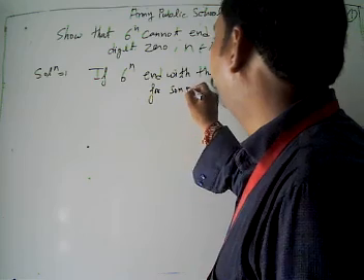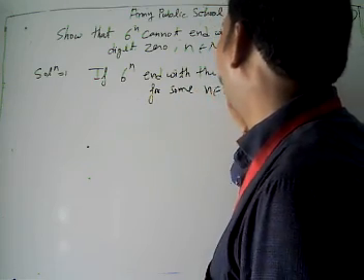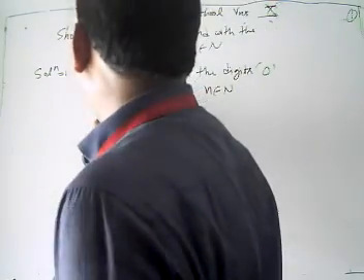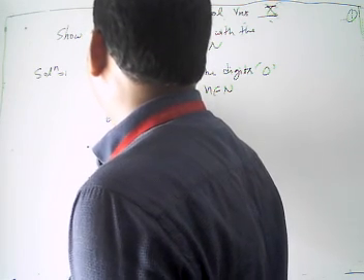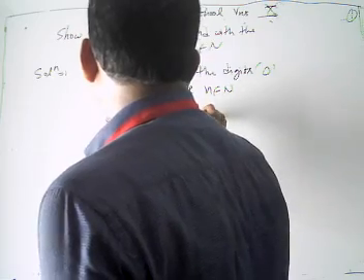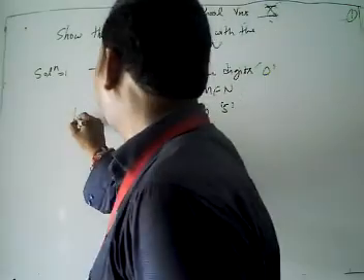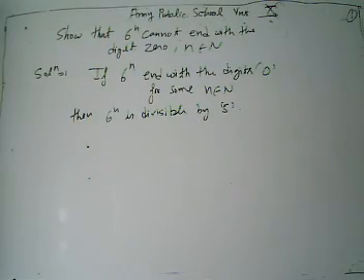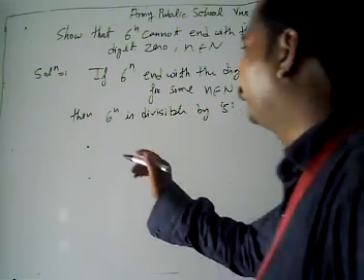For some n belongs to N, because we have to take n belongs to N there. Then what happens? What is your second statement? Then 6 to power n is divisible by 5. It's divisible by 5. Then what does it mean to be divisible by 5? Therefore,